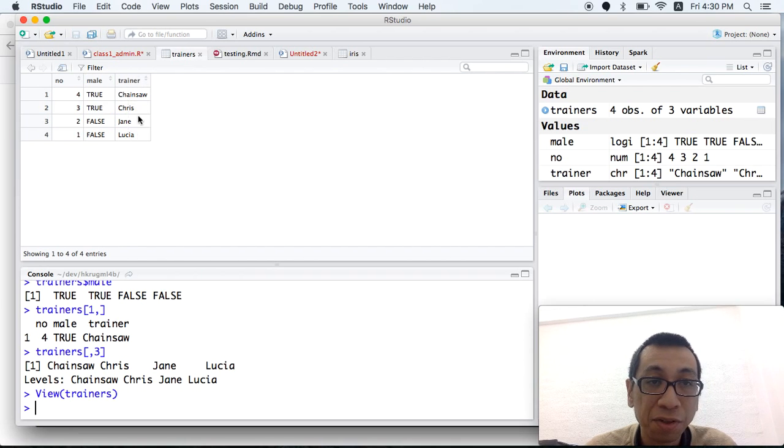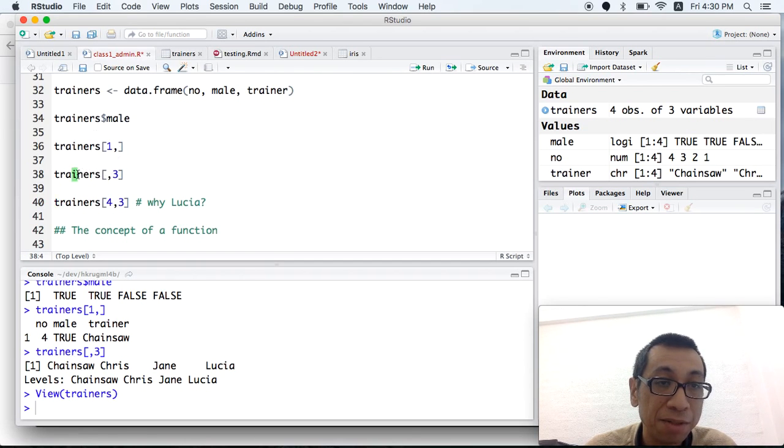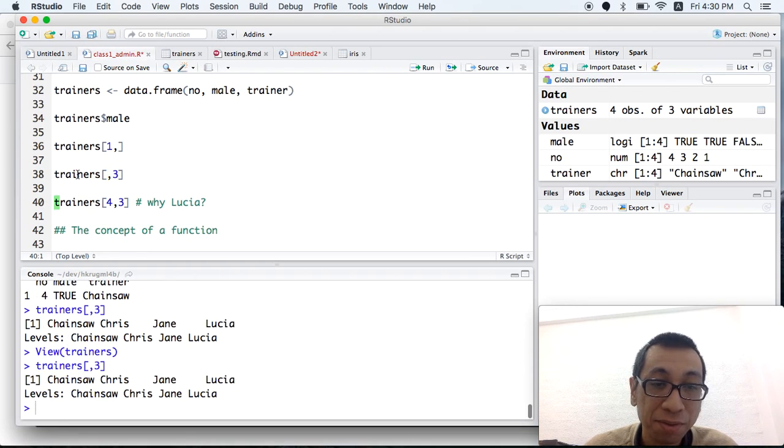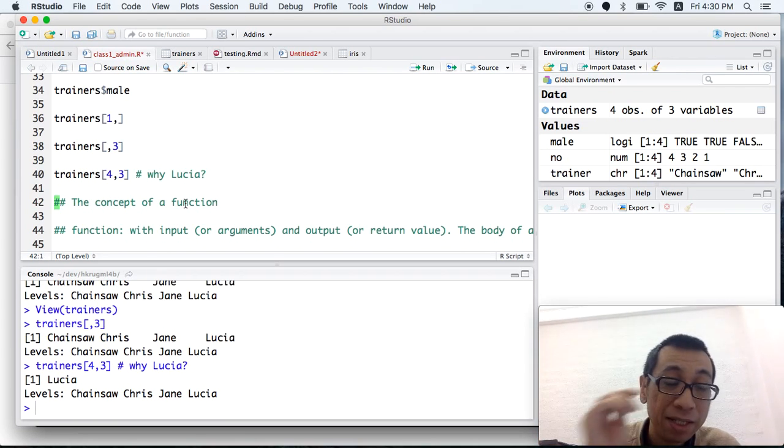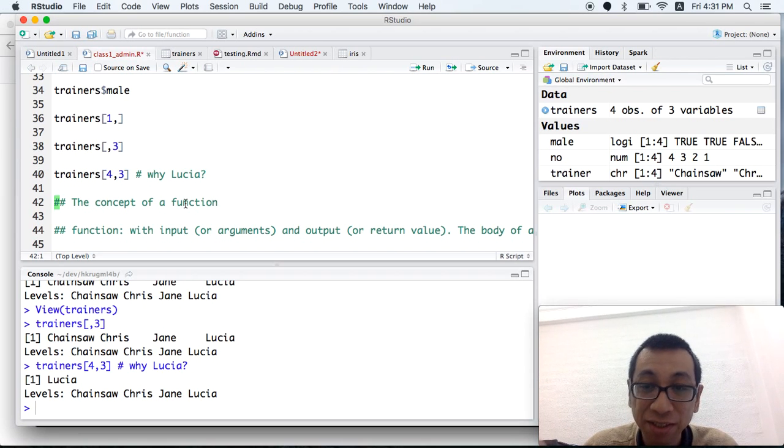So the first column is trainer. When you do trainers square bracket comma 3, it will give you the third column. This one is tricky, so I just run it. It's 4 comma 3. You may ask why Lucia.